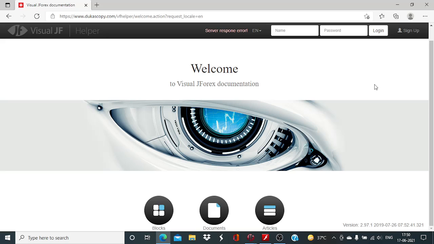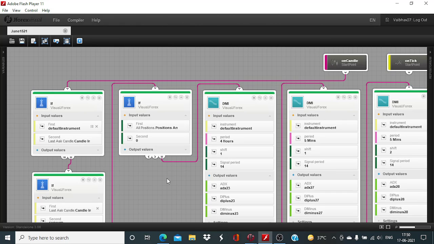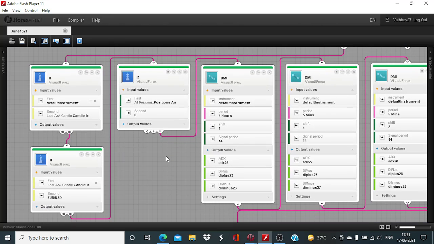This session of Visual JForex, I will be continuing the work on the indicator average directional movement index DMI. This is the third and the final part, and in today's setup, we will be focusing on the sell side of the equation. So now let us head back to the Visual JForex board, which has been developed by the